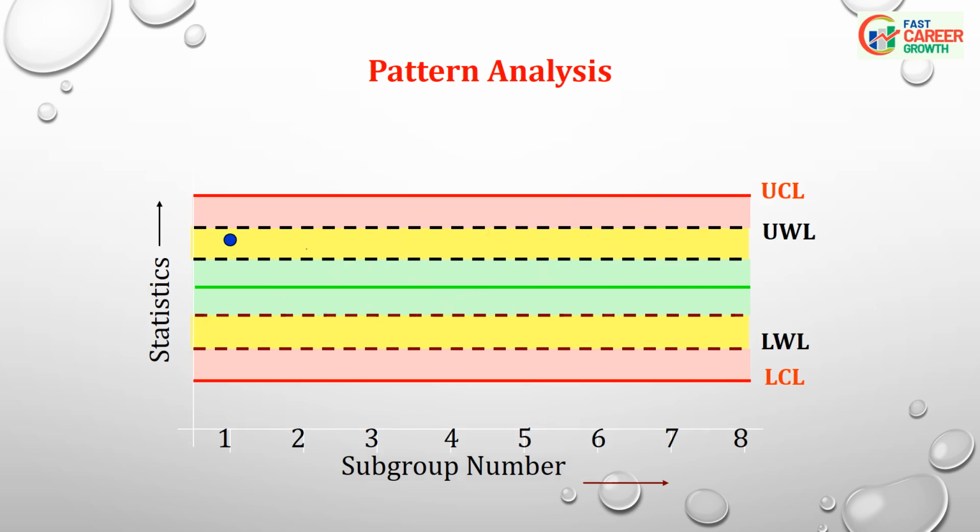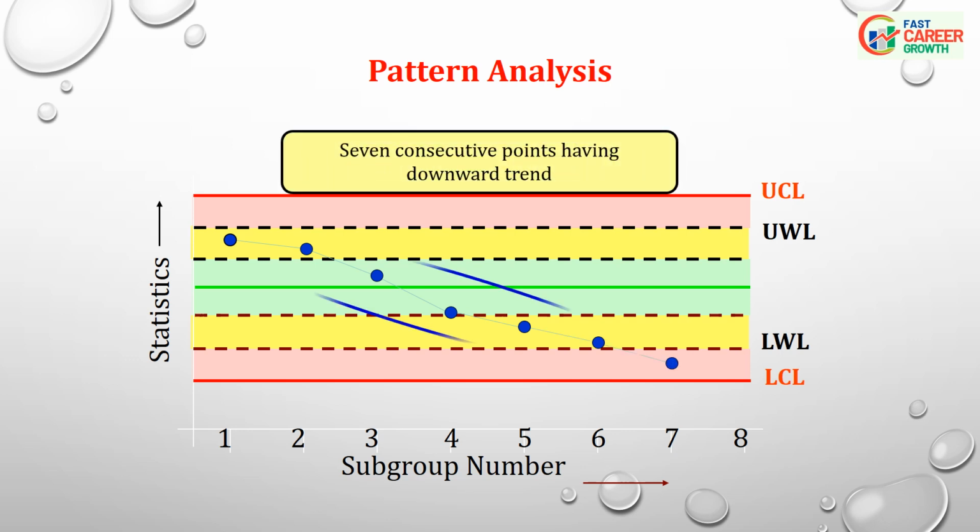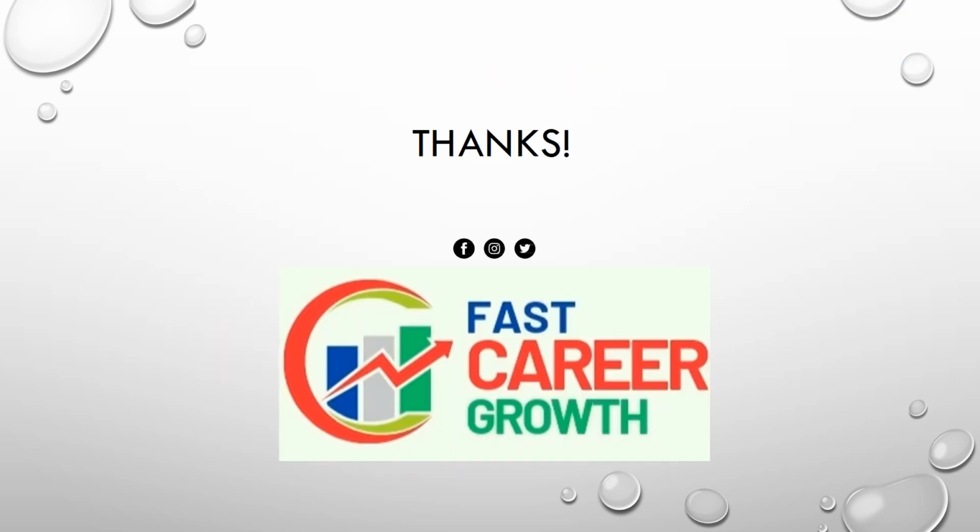Sixth rule. 7 consecutive points having a downward trend. This may be due to a special cause. So to eliminate this special cause, identify the root cause and take action. This is all about control charts. Hope you understand how to use control